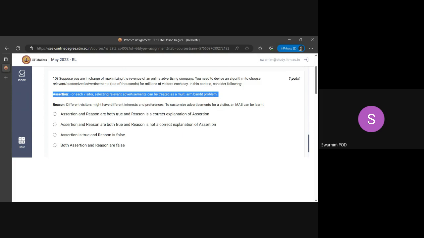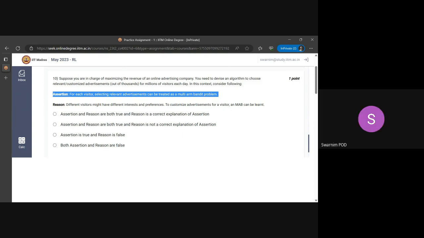Now, the assertion is: for each visitor, selecting a relevant advertisement can be treated as a multi-arm bandit problem. So in the multi-arm bandit, each arm will be an advertisement. You get my point? I'm not sure about the multi-arm bandit. Okay, let's say there are 10 stories, 10 news articles, 10 advertisements basically, and under it, visitors, right? So for the first visitor, assuming that we have enough samples and all the other things are in our favor,